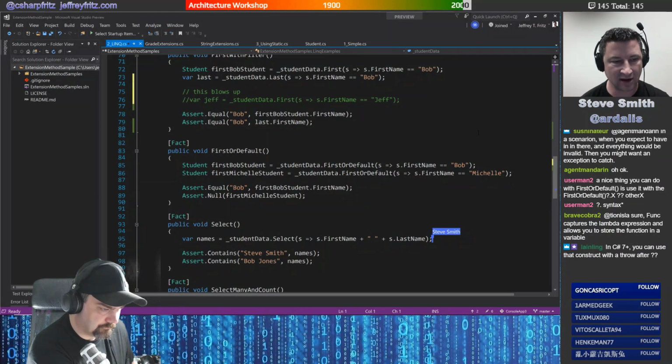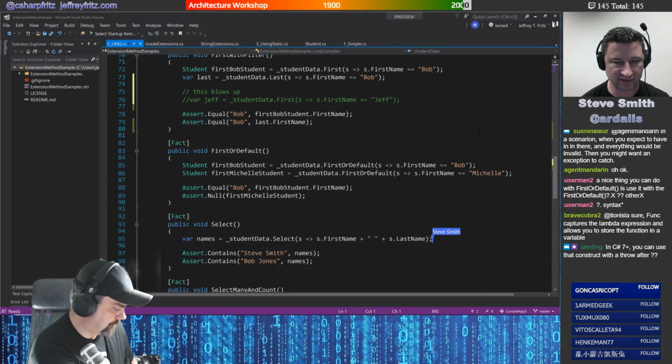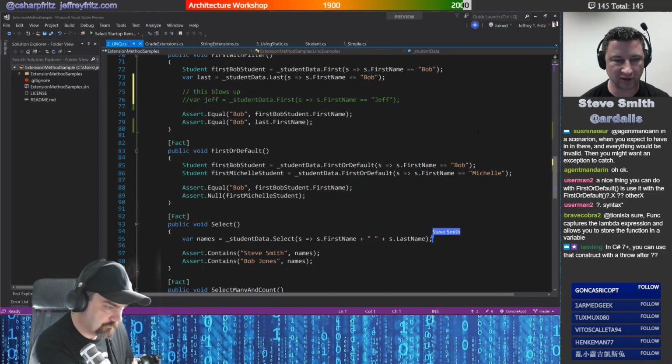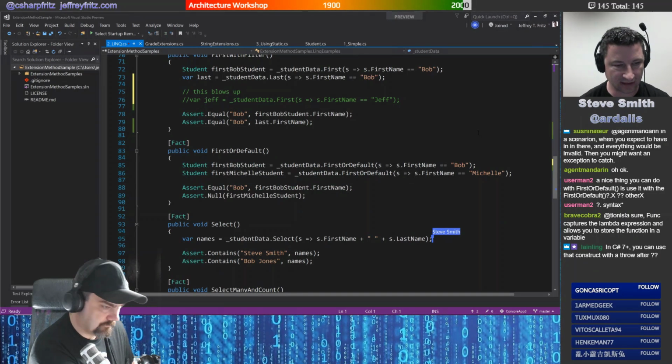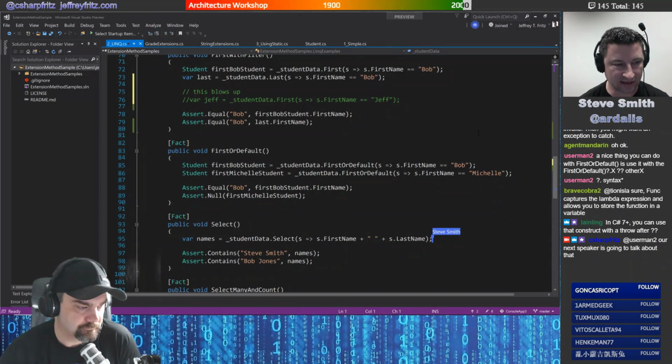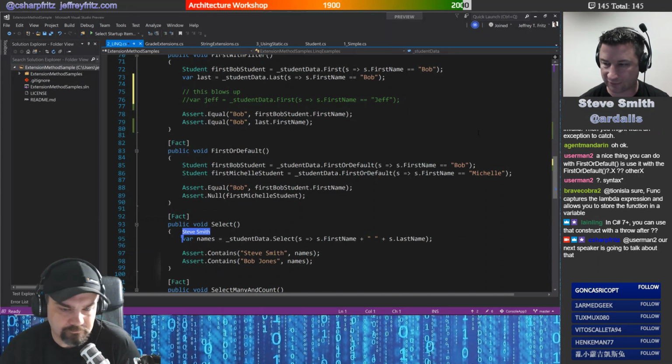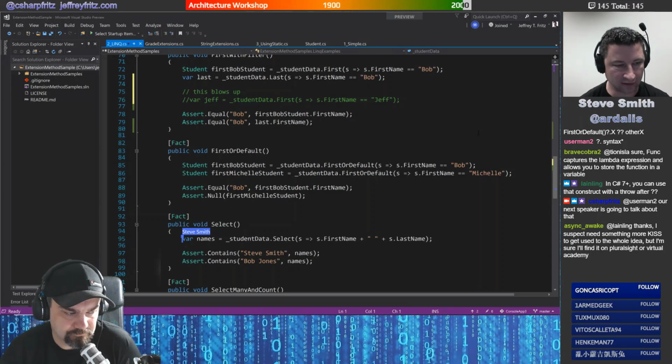They're all static methods that you get as soon as you say using System.Linq. Select lets you transform data from one thing to another. And folks were saying, hey, you weren't using var. Well, in this case, I have var. And so the only way you'll know what that is is if you mouse over it,